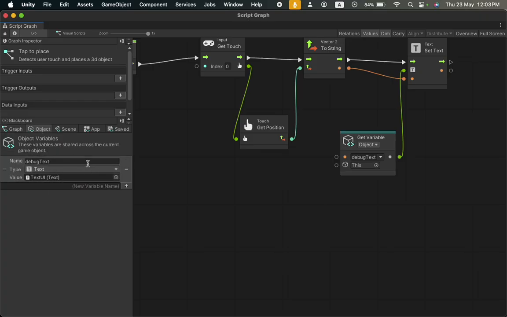Earlier we created a variable to store the text that is going to be displayed on the screen, so that when the application starts, it says application started. When you touch, it said initially touched. Later, it gave the coordinates of your touch. All those are being stored in this variable called debug text. This is being populated depending on the events. Similarly, we need to have a variable